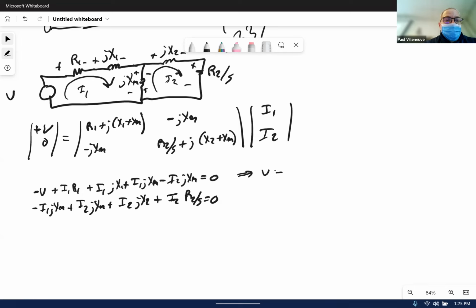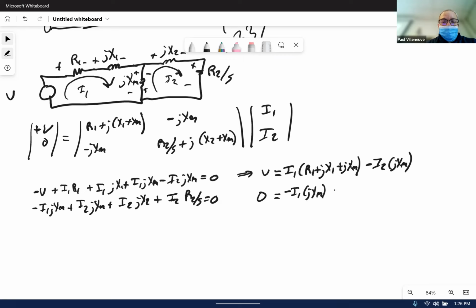I've got an I1, an I1, and an I1. So that's going to be equals I1 times R1 plus JX1 plus JXM minus I2 times JXM. That's our first equation. Our second equation, there's nothing on the left-hand side. There's no voltages. That's equal to minus I1 JXM plus I2 times